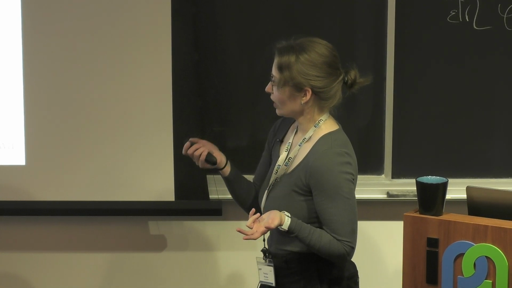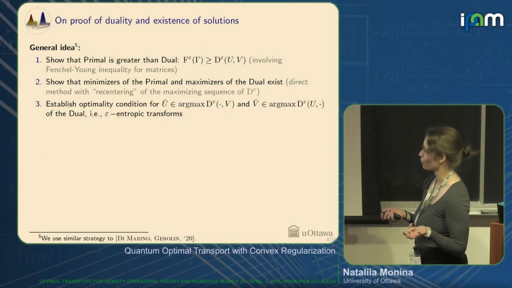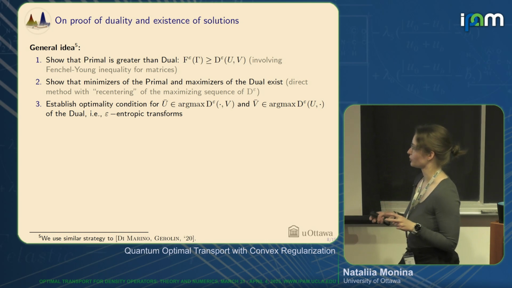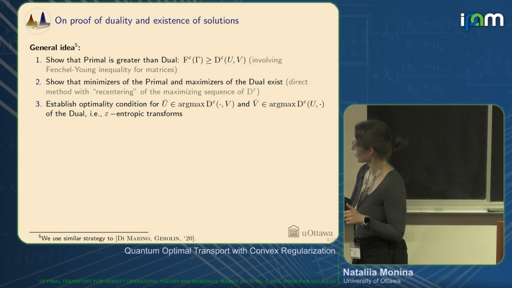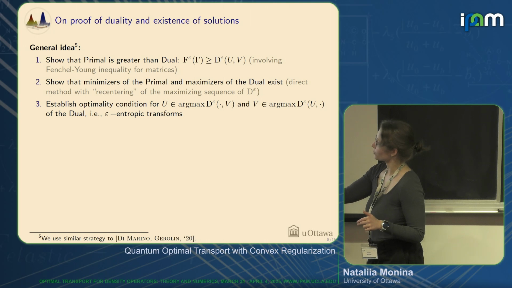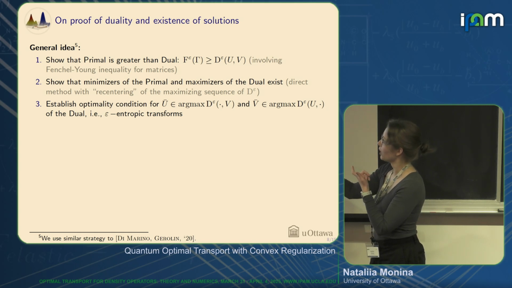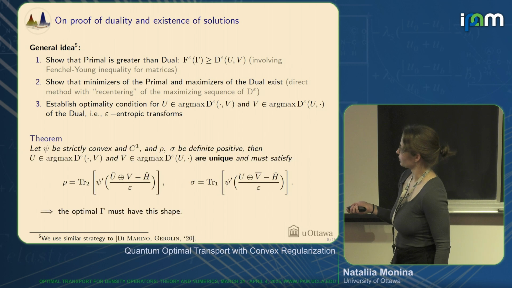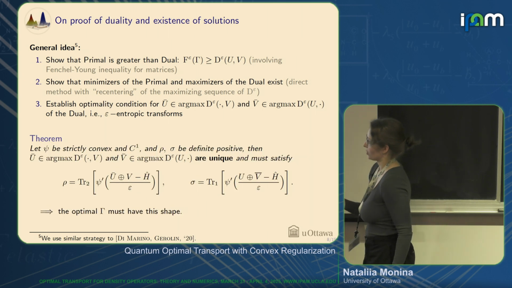And we also established the so-called optimality condition for the transforms, which are epsilon entropic transforms. By this I mean that my entropic transform U bar is the argmax of D in the variable U. So you fix a value V and you maximize in U. So this U is like the transform of V. So what is our optimality condition is that if,